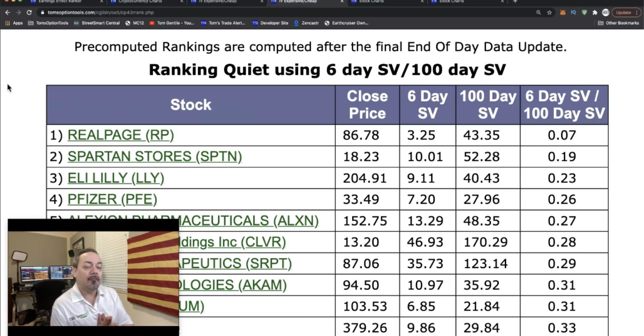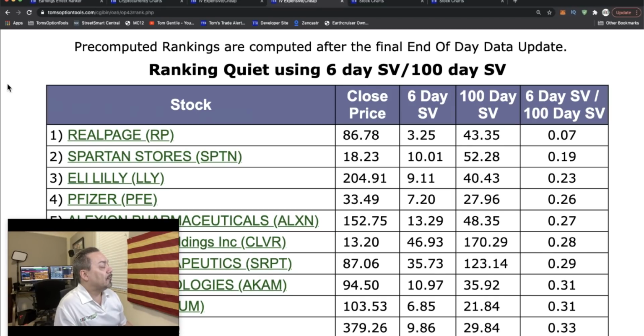Well, quiet stocks are where we look at statistical volatility. Statistical volatility is volatility based on an asset's past movement. We look at ranges between a high and a low each day. We'll express those ranges in percentages, and then we'll take a look at shorter days over longer days. In this case, I'm looking at the 6-day SV